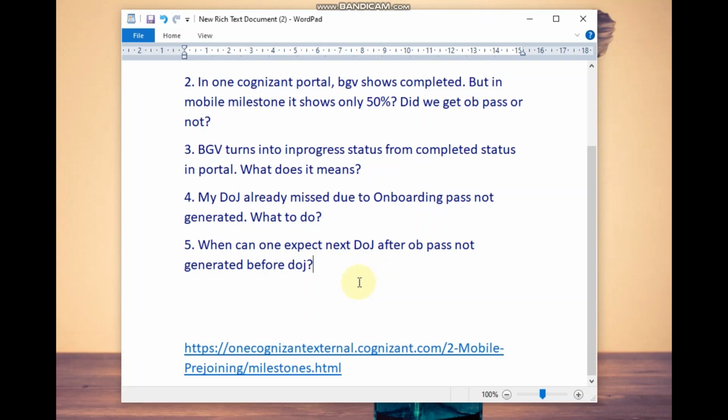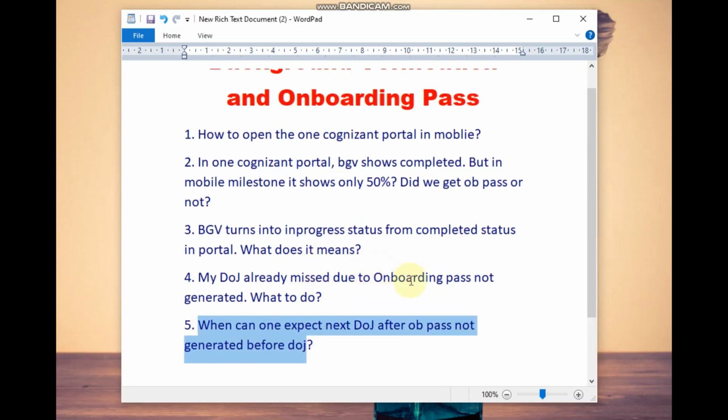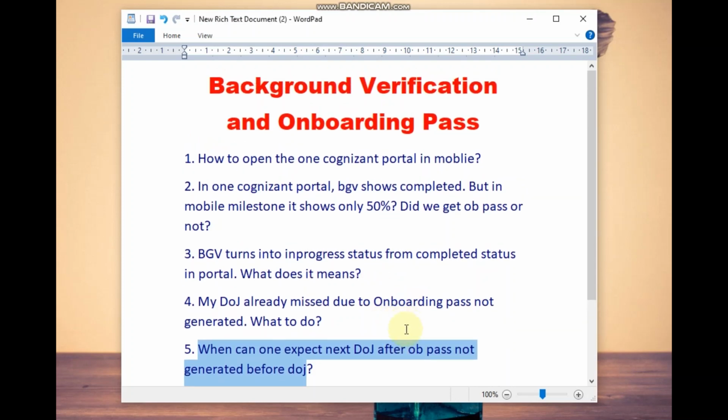Okay, you will get it within 20 or 21 days. So don't worry, you just have to wait. And meanwhile you can write your queries to the agency OB support team or the background verification, that is BGV help desk team. Okay, so I hope that it is clear to you.